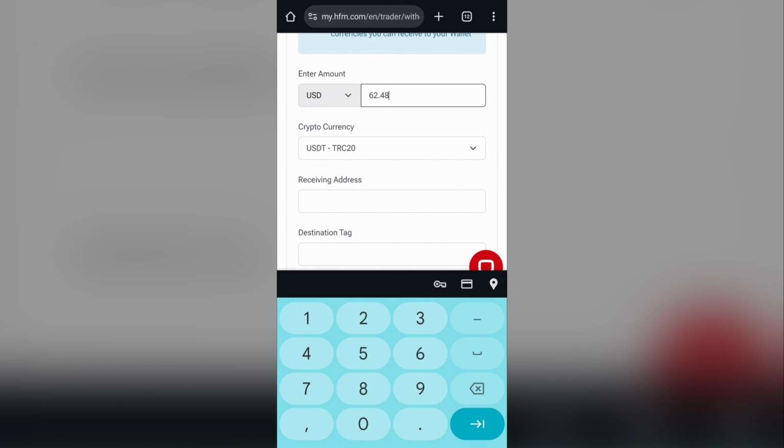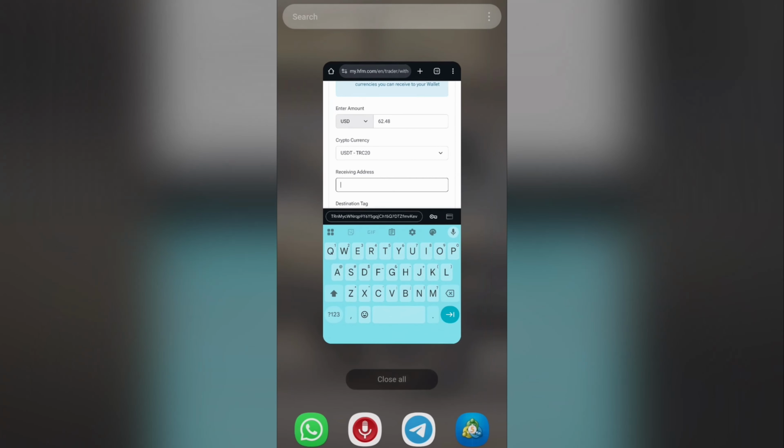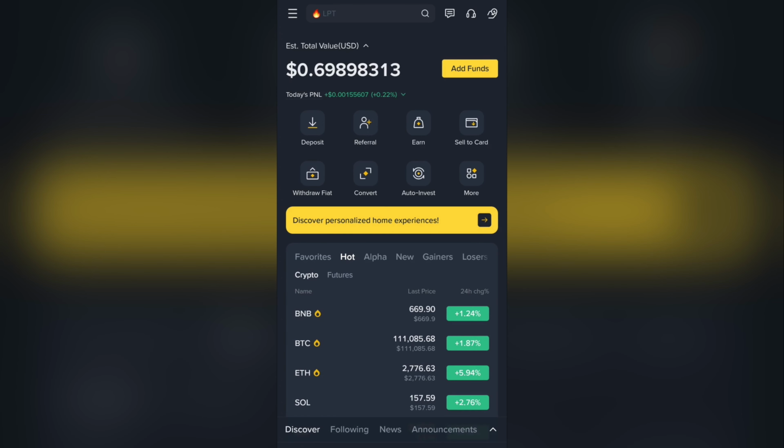So now that we have the amount and the type of crypto, it's time for us to put in our receiving address. Now, in order to get your receiving address, you'll need to go on to Binance. And for those who don't already have a Binance account, I'll include the links to everything at the description of